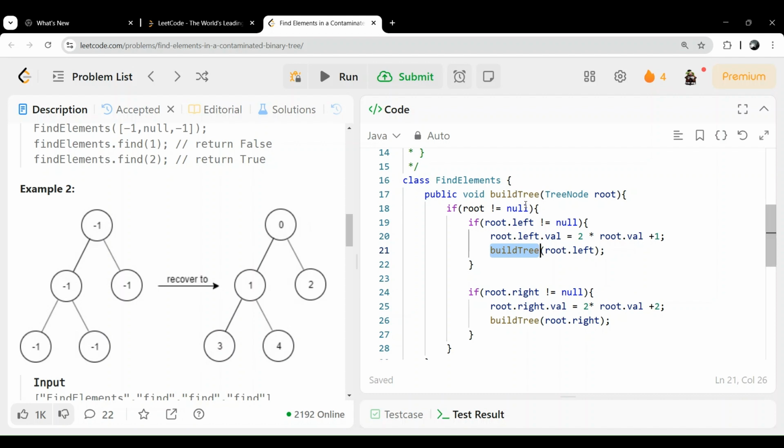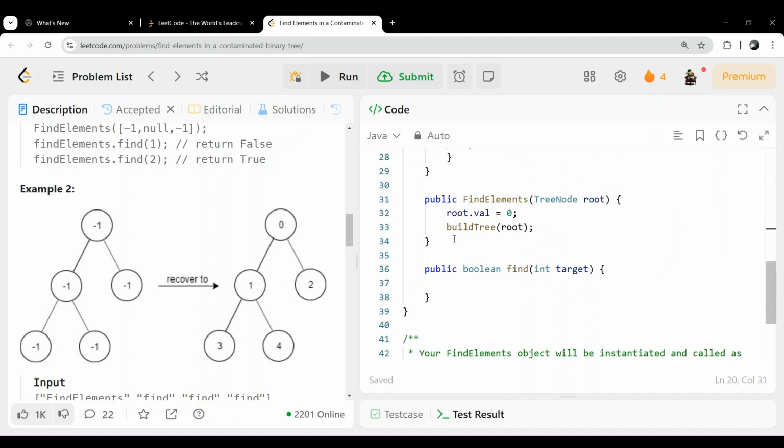You can consider this like the different traversals, pre-order, post-order, and in-order traversal. Similarly, here we are just calling the recursion, but instead of printing we are changing the values of left and right.